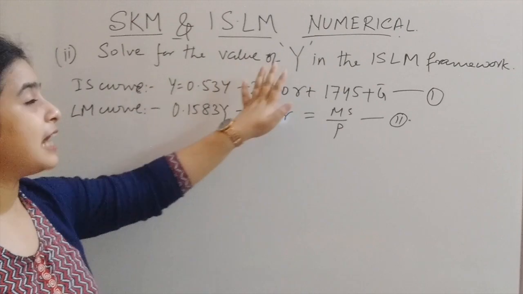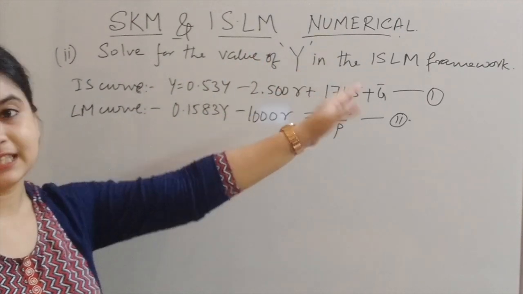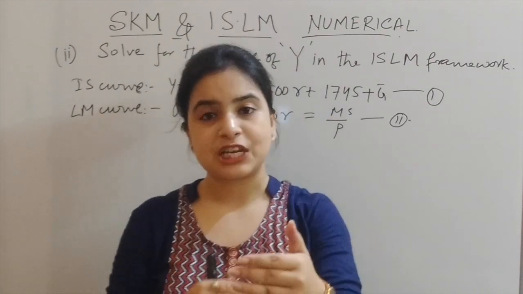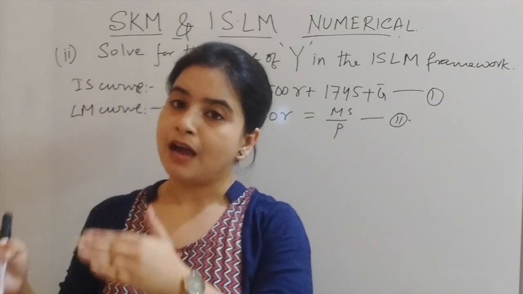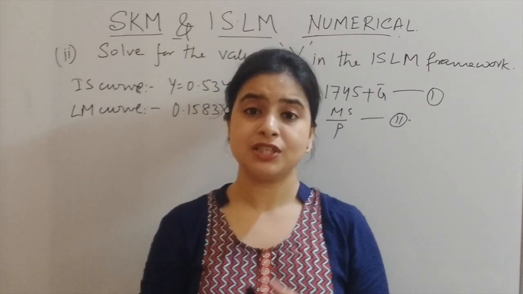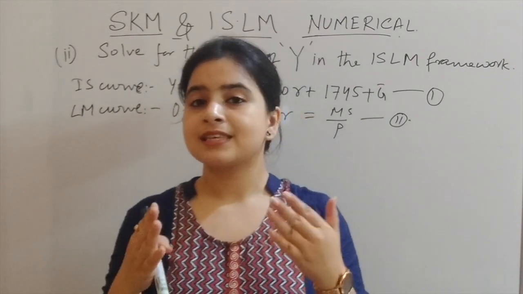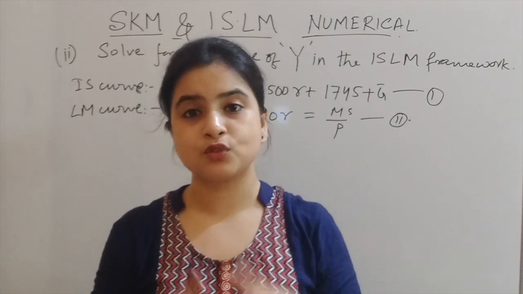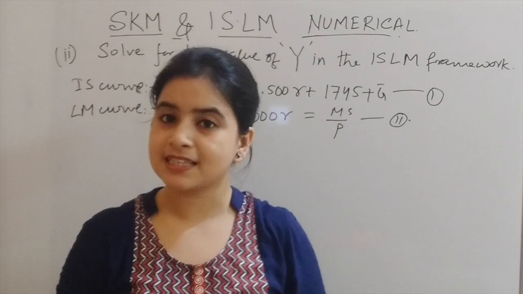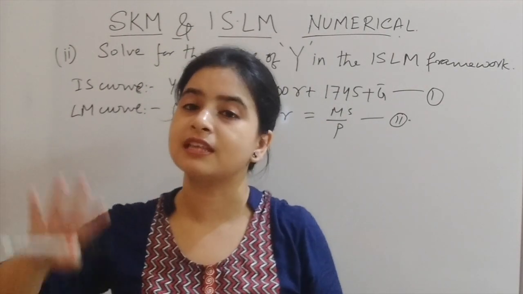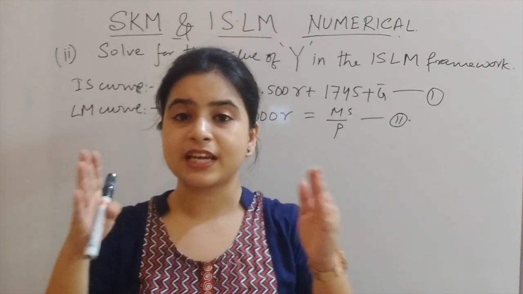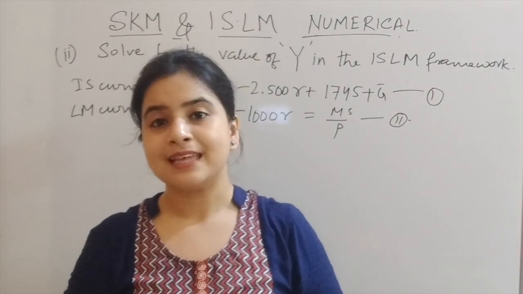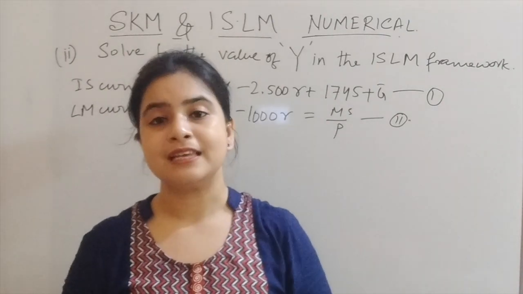It says to solve the value for Y in the IS-LM framework. That means Y here stands for the national income or the national output. Now this national output or income can be obtained by the intersection of the IS and LM curves together, right? Because the IS is covering the commodity market and LM is covering the money market. So with the intersection and the clearance in both the markets, we can say that that particular value is our